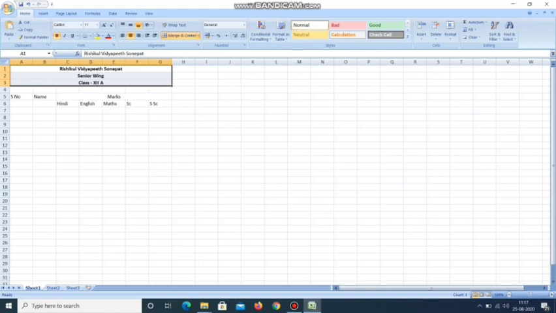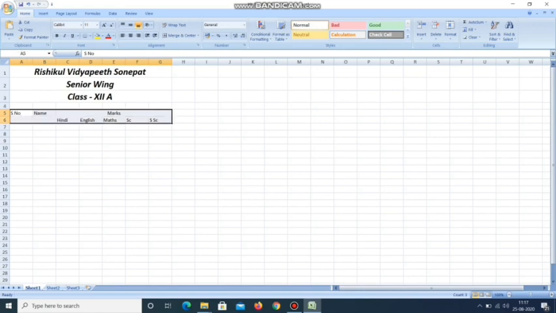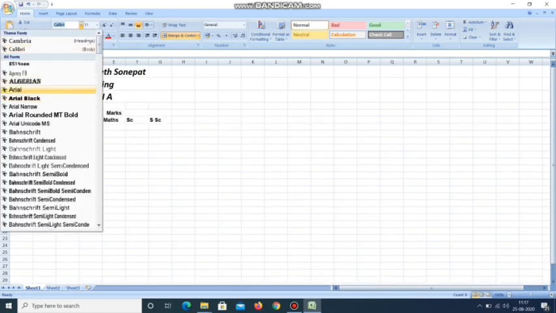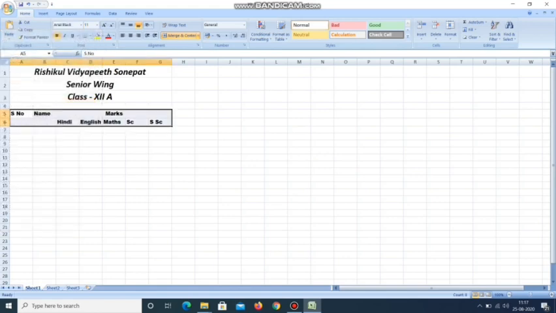After doing it, as we want to make these headings bold and a bigger size, I will select these headings and click on the bold button and on the size option. In the same way, I will change the writing font style. You can change from here, and you can change the size of the heading in the same way on the size button.